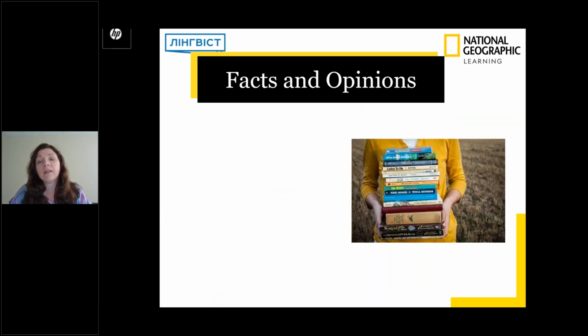Facts and opinion. This is one of my favorite, and I faced that young students usually have this problem with understanding which is fact, which is opinion, and it is very important to understand when we read the news, when we read the Facebook news feed, right? We need to understand if we need to panic because it's a real fact, or we need just to skip this information because it's someone's opinion and it doesn't have any confirmation.